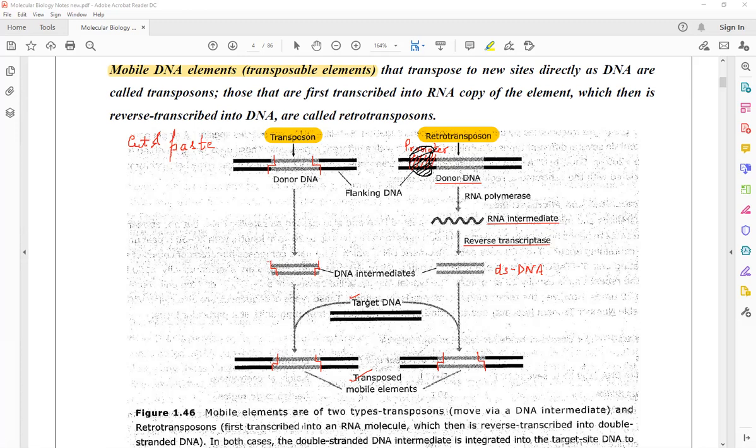This is where the RNA polymerase should bind. Okay. And then RNA polymerase is going to transcribe the DNA molecule and form the mRNA molecule. Once the mRNA is produced, then the double-stranded DNA is produced. Double-stranded DNA can move to another location, but the promoter region cannot be copied. So this transposable mobile element becomes a defective transposable mobile element.